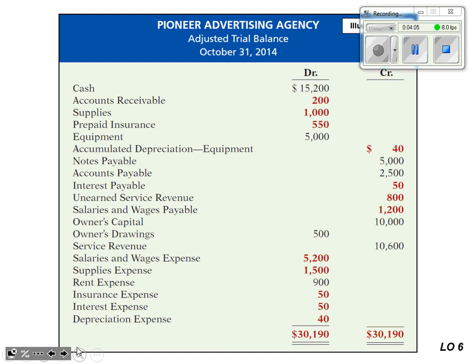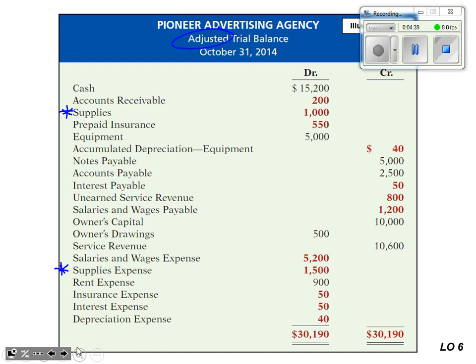Here's our adjusted trial balance, meaning we've done the adjustments. They're highlighted in red. This is what you will look at for the test to know what adjustments you have to do. Like, look at supplies. Changed by $1,000. What account goes with supplies? When we use supplies and they go down, what's our debit? Supplies expense, which should also be,